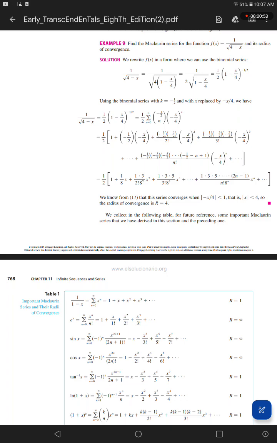Using the binomial series with k equals 1 half and with x replaced by negative x over 4, we have